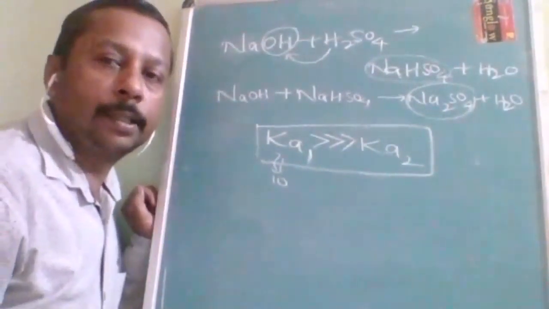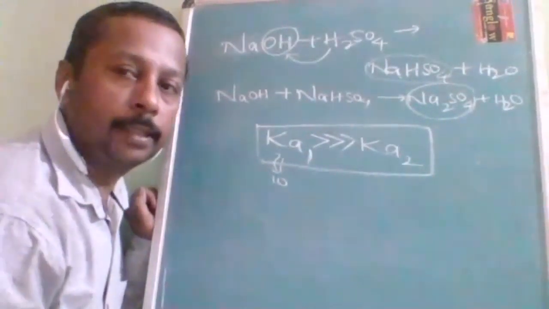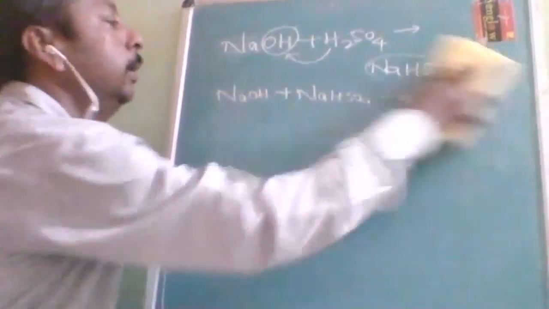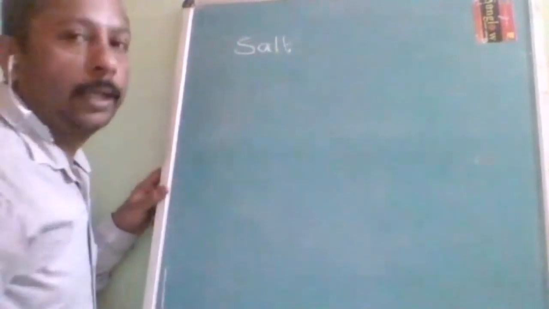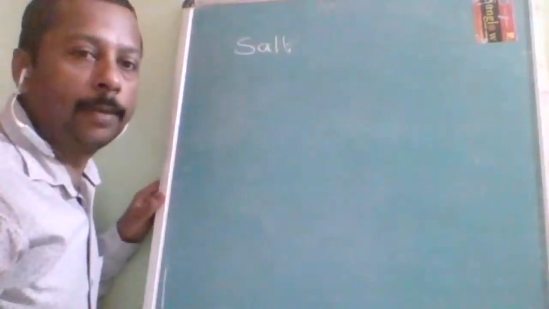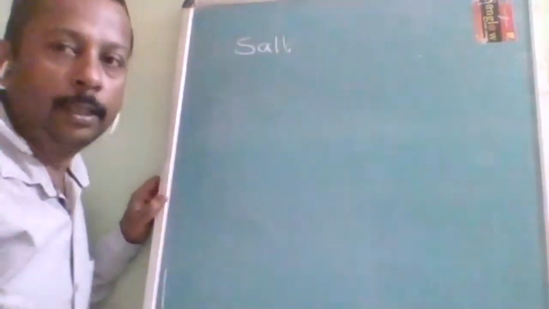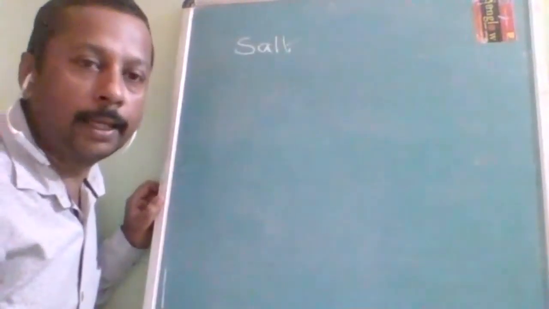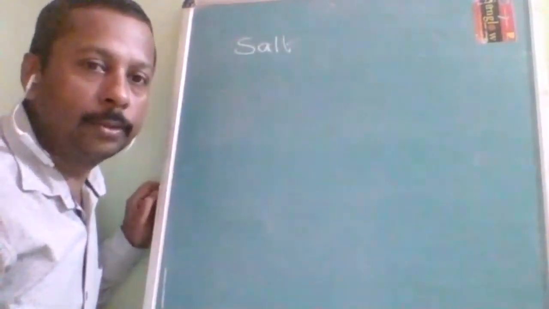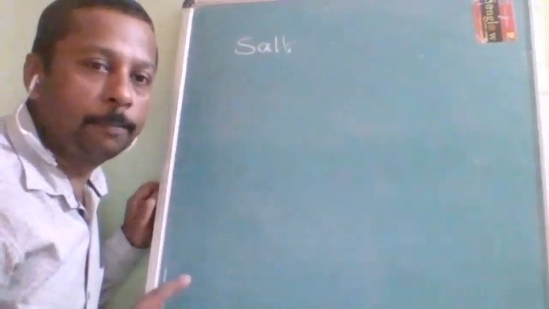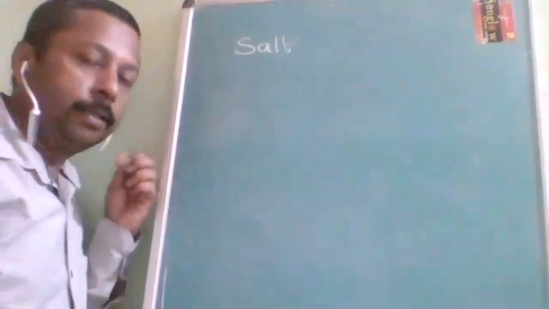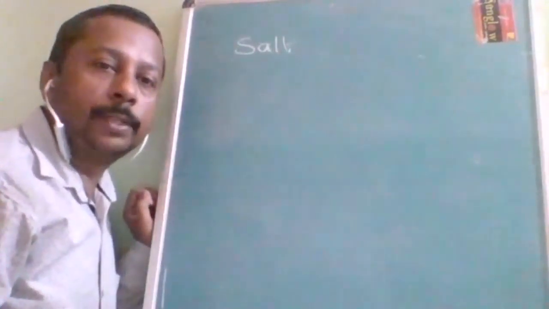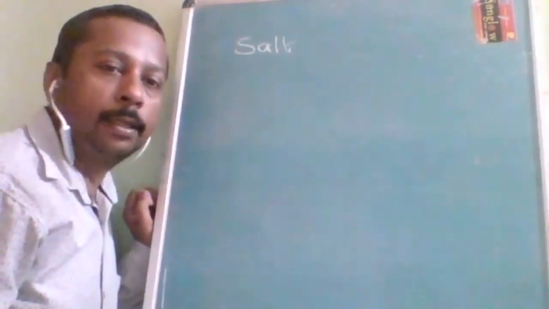Now sulfuric acid can also be used to check the presence of carbonates and bicarbonates. Whether a given salt is a carbonate or bicarbonate is checked by just adding sulfuric acid. If it evolves carbon dioxide with effervescence, then it shows that CO2 is present. The first property, the acidic property, we have already studied. It provides two series of salts, bisulfate and sulfate.